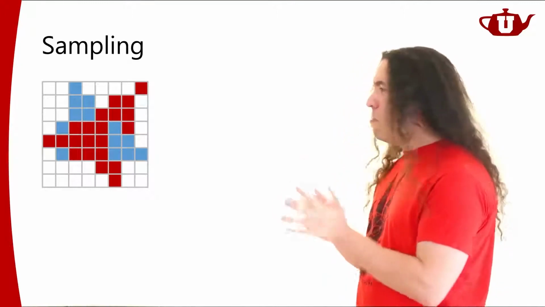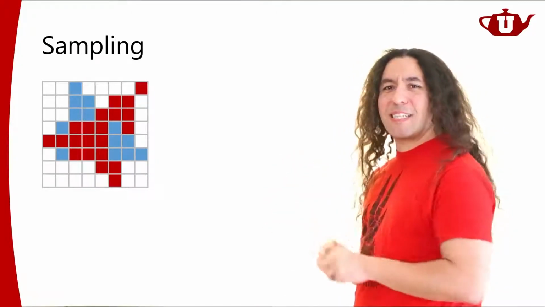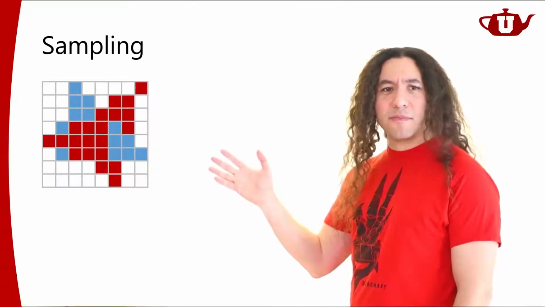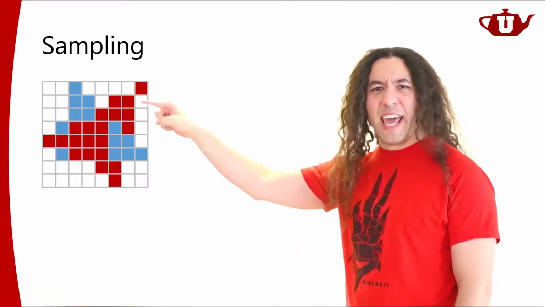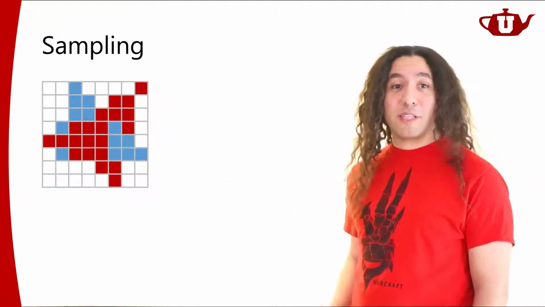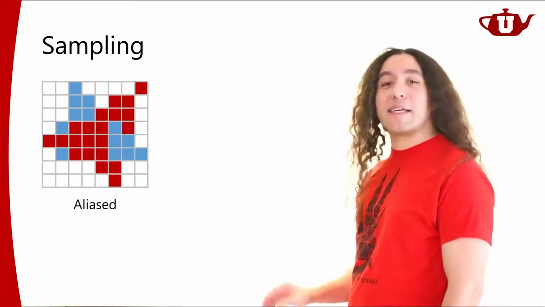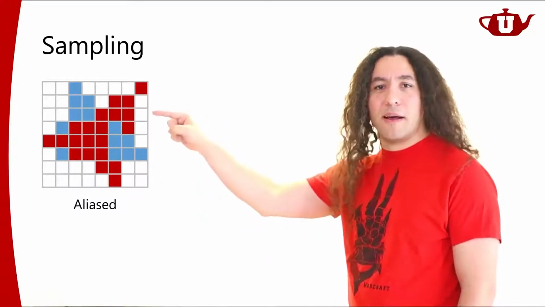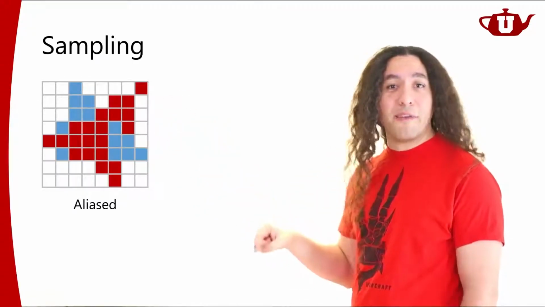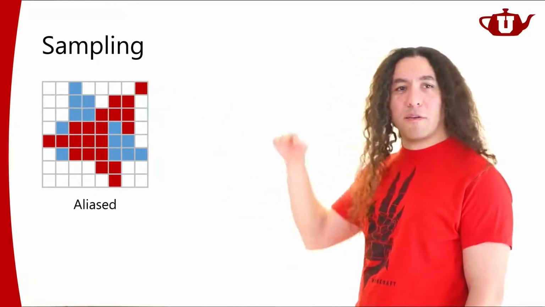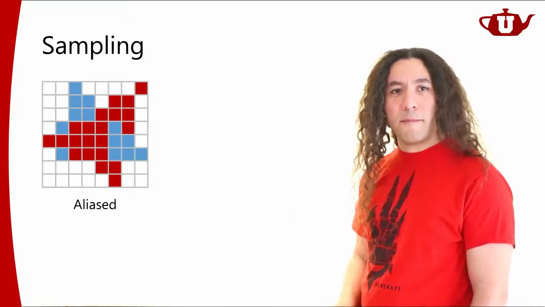Not a very impressive image, and not a particularly good looking image. And probably the most distracting part of this image is that it's aliased, right? It has these jaggedy edges because this is a very low resolution image. So this is an aliased image, with what we call staircase artifacts. I have steps of the size of a pixel forming these diagonal edges.